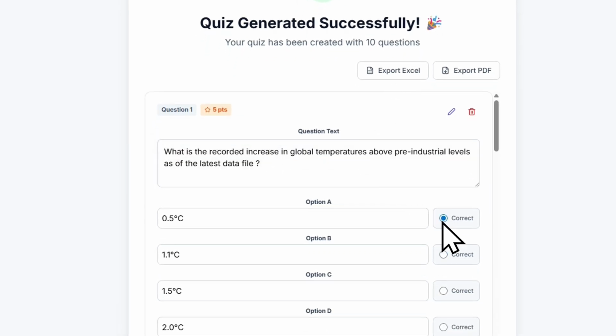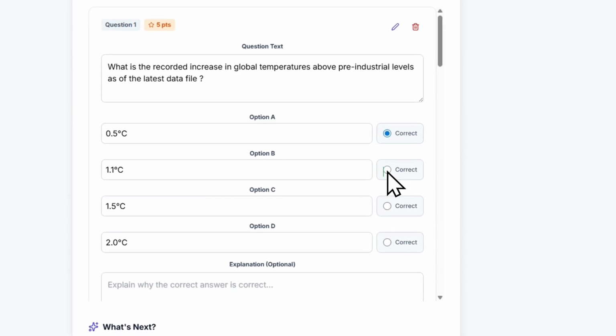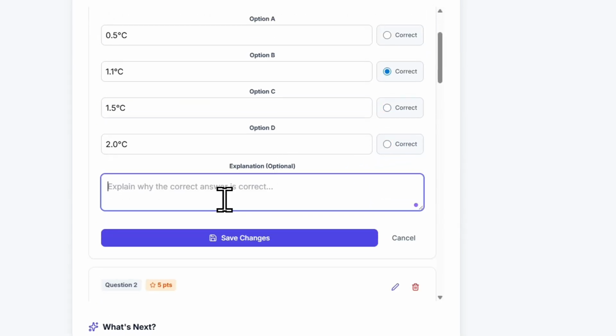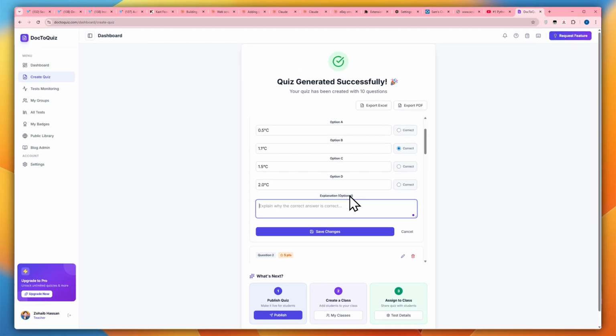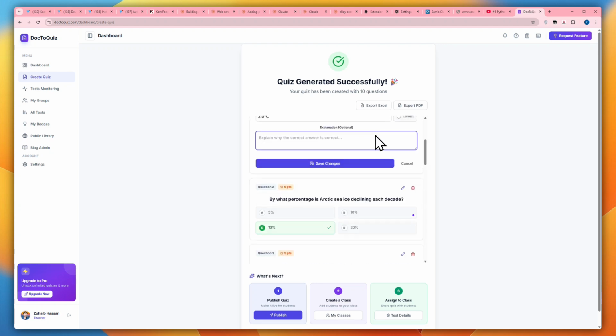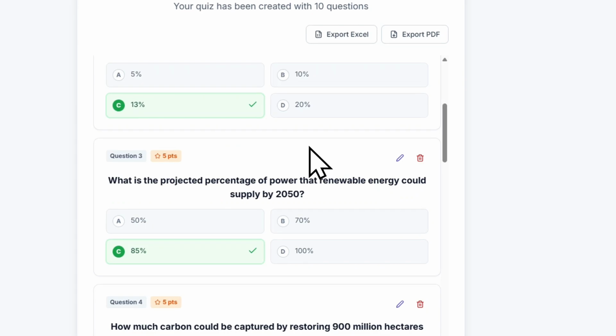I can select a different option, if the one provided by AI is wrong. I can add an explanation as well, but that is completely optional, because on the student side, if you don't add an explanation, AI would automatically provide an explanation to the student. So once you have saved all of the changes,